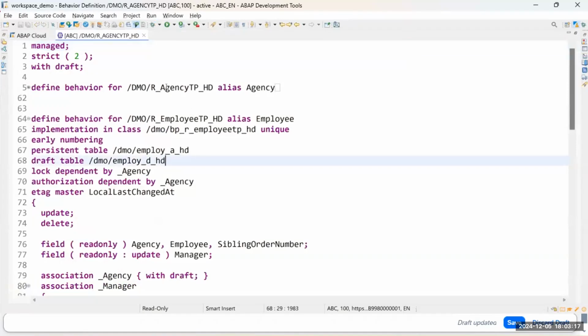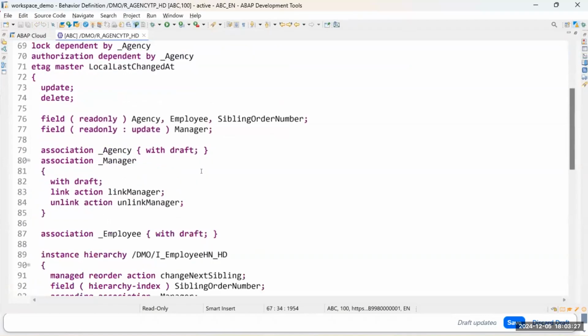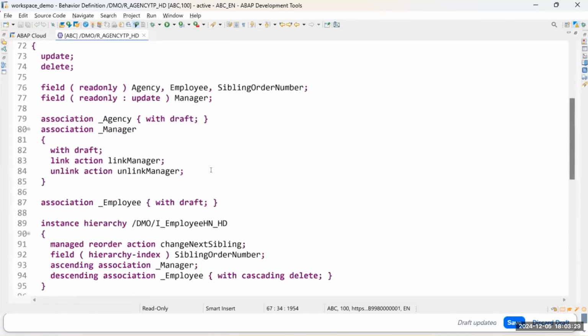So I'm collapsing the agency, the root node, because I want to take a look at the employee with the hierarchy definition and the implementation. It starts as usual, but you will see now these self-associations that are intra-BO cross-instance associations. So they point to the same BO. It's not a cross-BO, but intra-BO, but they point, of course, to other instances.